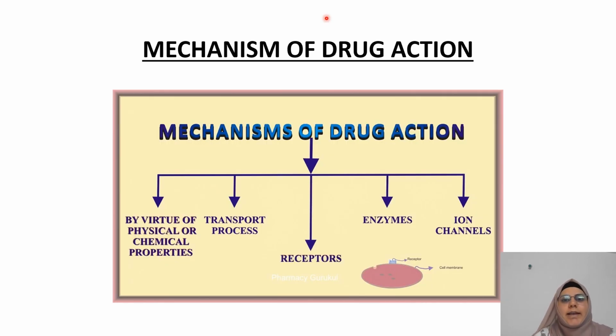Here we'll study the mechanism of drug action. Here you can see the flow chart for the mechanism of drug action. Drugs act by virtue of physical and chemical properties, transport processes, receptors, enzymes, and ion channels. For example, after taking a drug, it shows some actions after combining with receptors, enzymes, or ions, and we'll discuss them one by one accordingly. Okay,